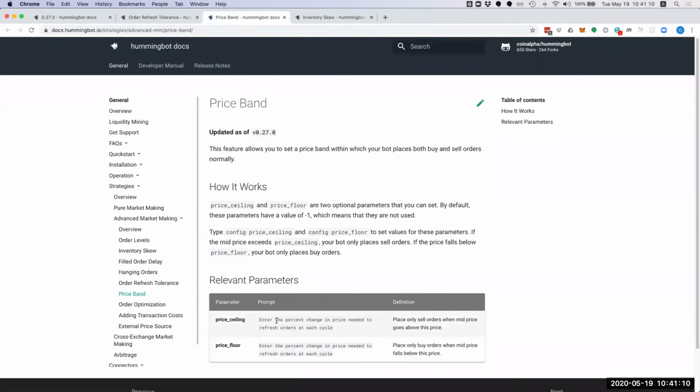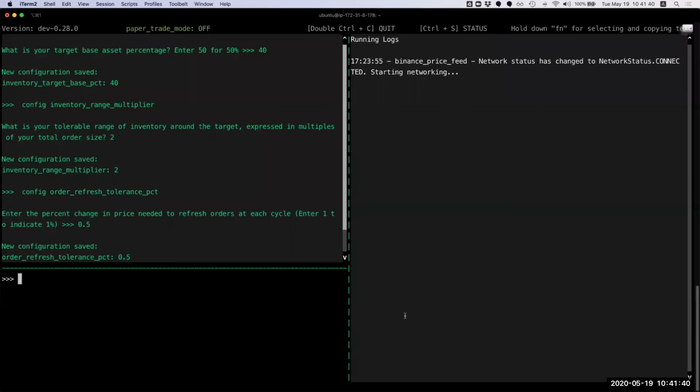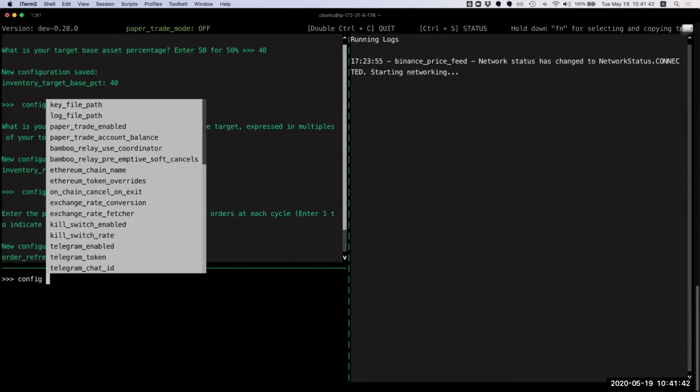And then the price ceiling is the other way around. If you think there's a certain price where the asset is overvalued, or where you'd be happy to sell because you'd realize profits, in that case the bot would continue to place sell orders above that price, but it would stop creating buys. Either you want to take profit, or you think the price is too high, that it's risky and you don't want to buy any more of the asset at that price. So how we'd set that here is